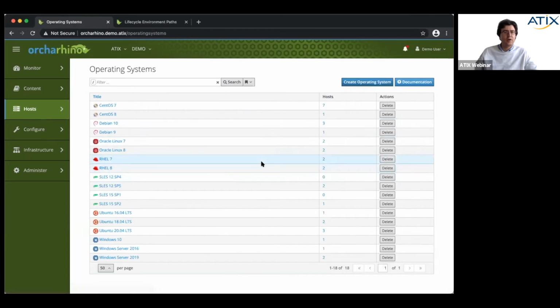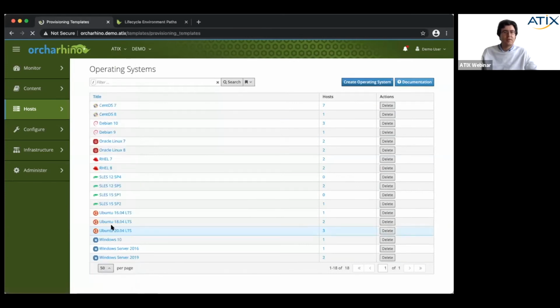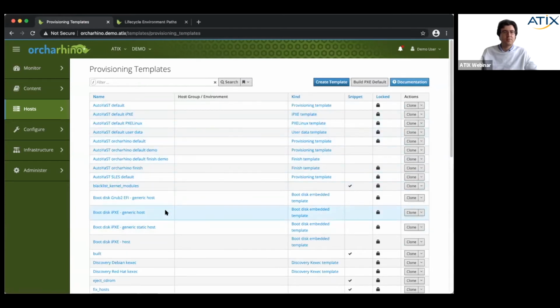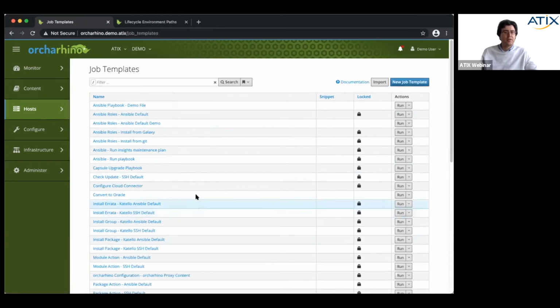Here we have an overview of all the operating systems which are provided by Orcharhino at the moment. So you see again, we have all the different Linuxes and different versions of Windows. Here we can place all the partition tables which are required when we want to deploy a server. The same here, we have the provisioning templates which are available. As I said, these are the commands which are executed when we are installing a server. Here in the job templates, that's what I meant before. Here we can define several scripts and then just run the scripts on our servers over and over again.